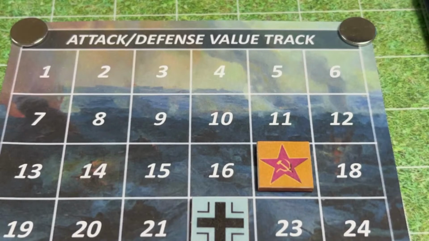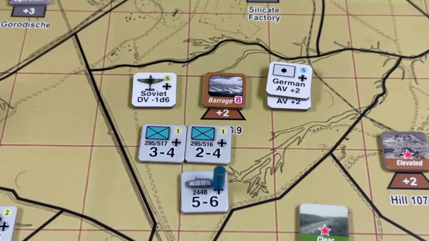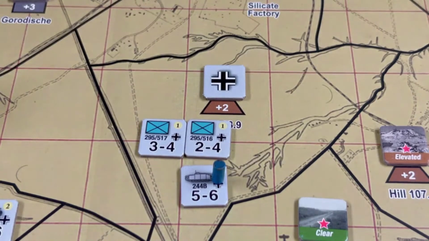The difference is 5. It's not an overrun, but an overrun wouldn't have had any effect anyway. So we win the battle. And we eliminate the Soviet unit. We have control of the space. Let's place our control marker and place our support units in the used support units box. And we have to flip our 3 units